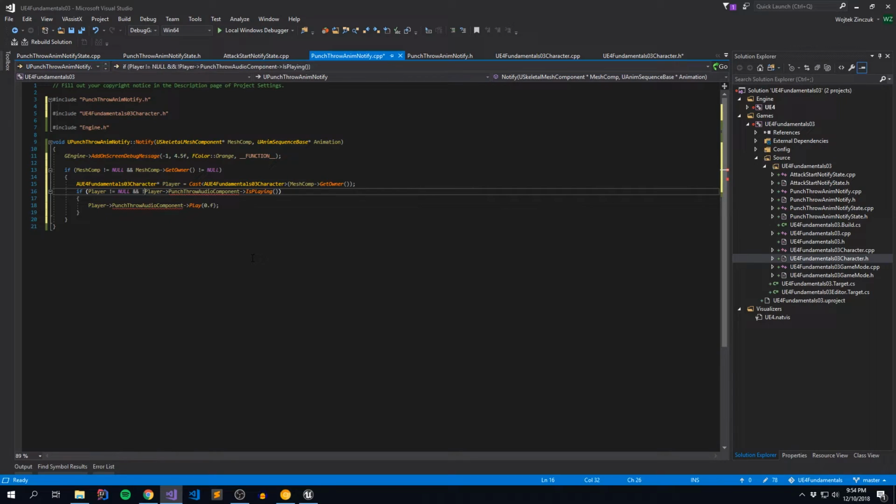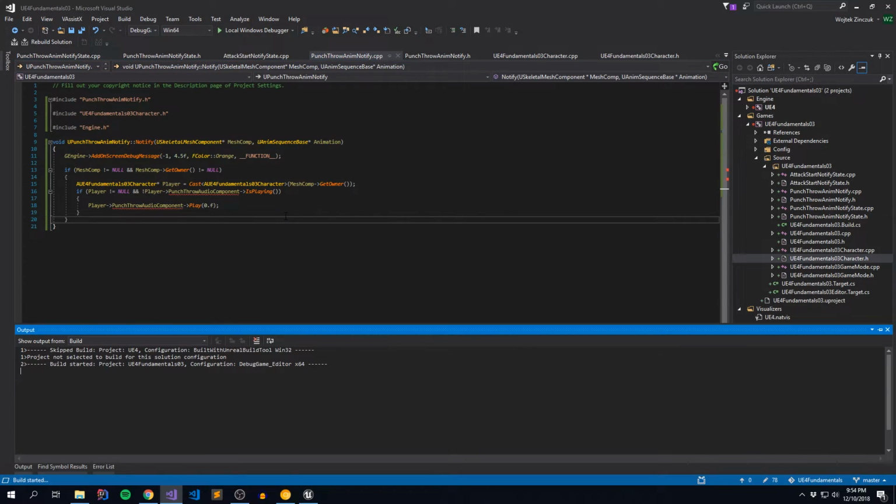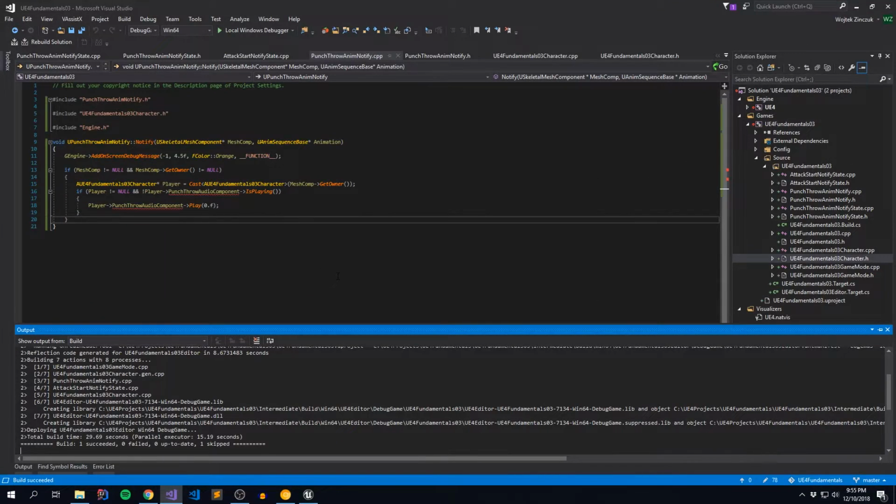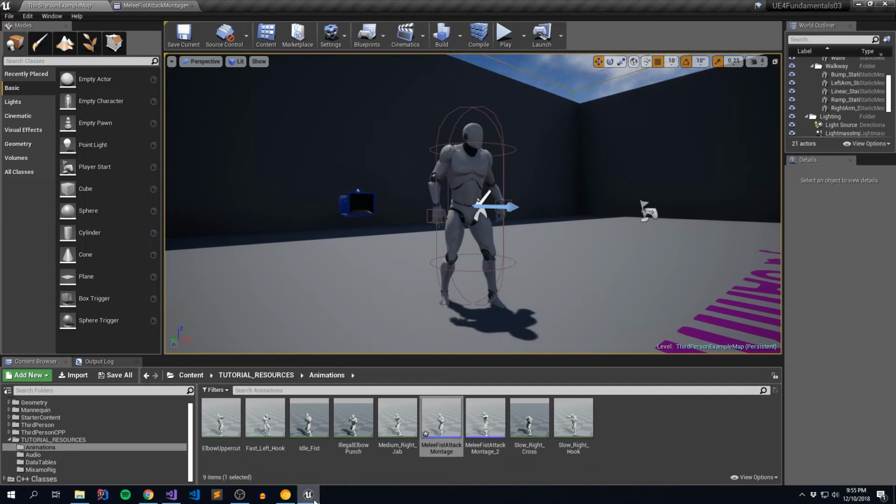There we go. So if it's not playing, ensure that it plays when this event occurs. So let's recompile and see what happens. Okay, our project is recompiled. Let's go back to here,